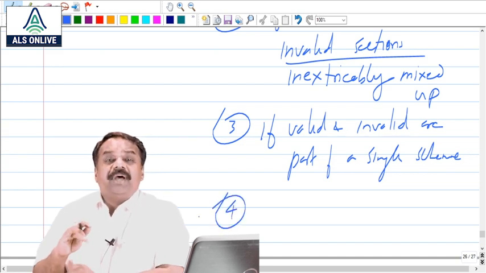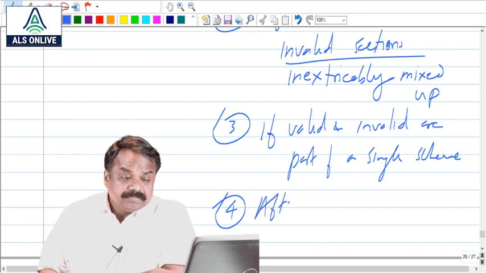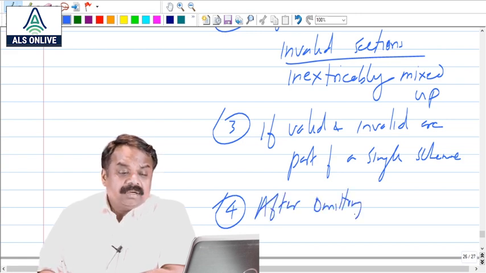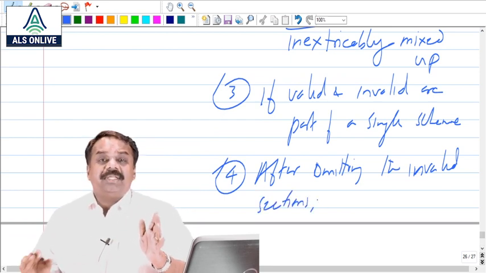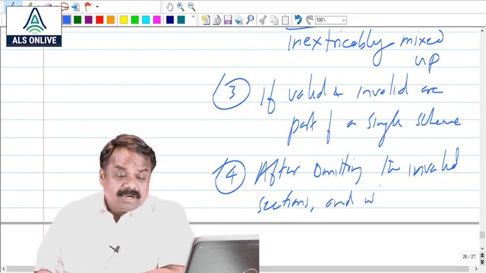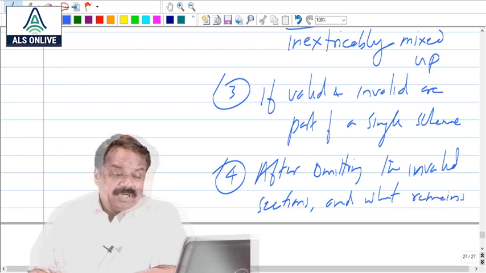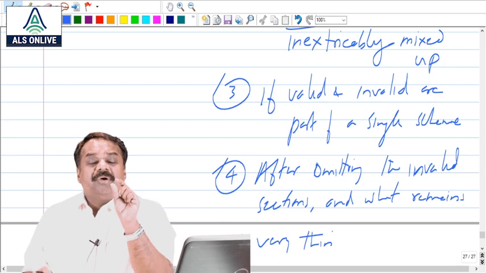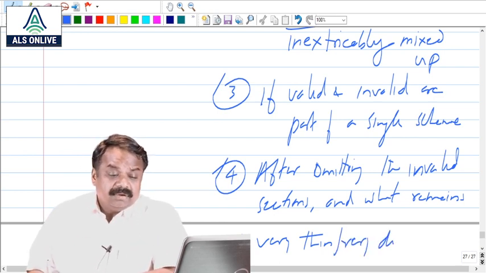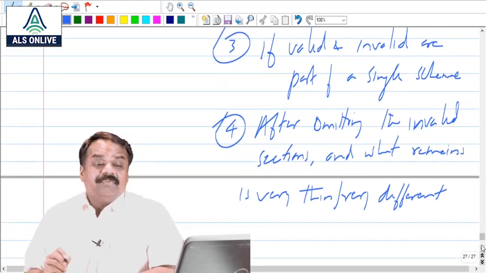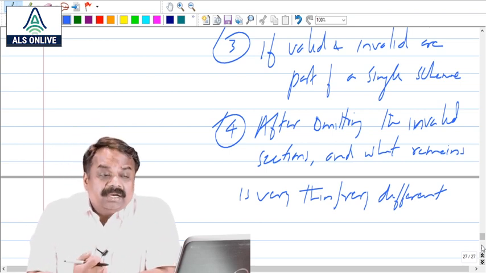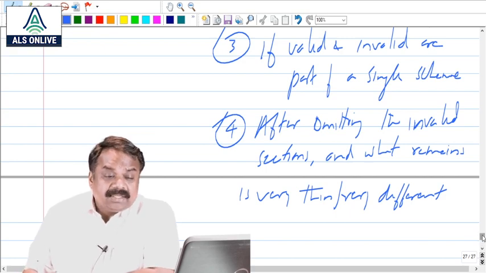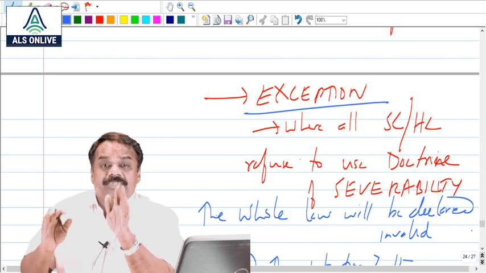Number four, after omitting the invalid sections, if what is remaining is very thin or very different, then the whole law will be declared invalid. So please remember, the point here is Article 13 says any pre-constitutional law or post-constitutional law,